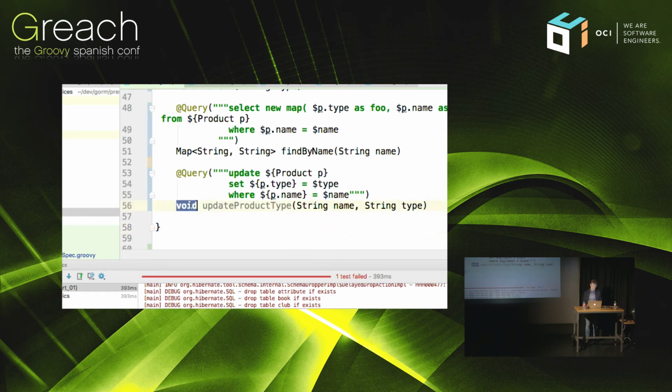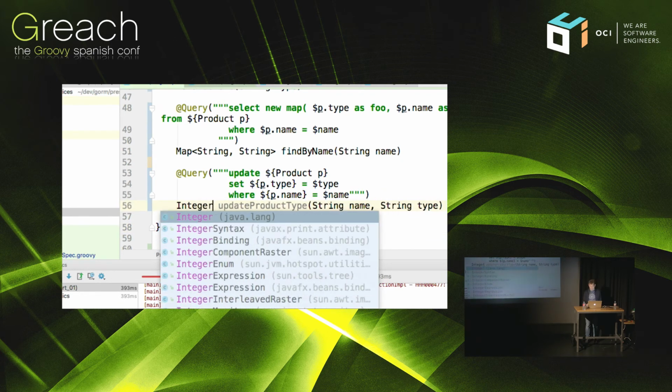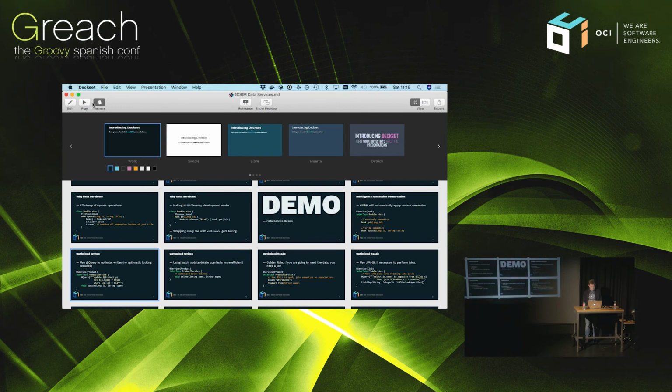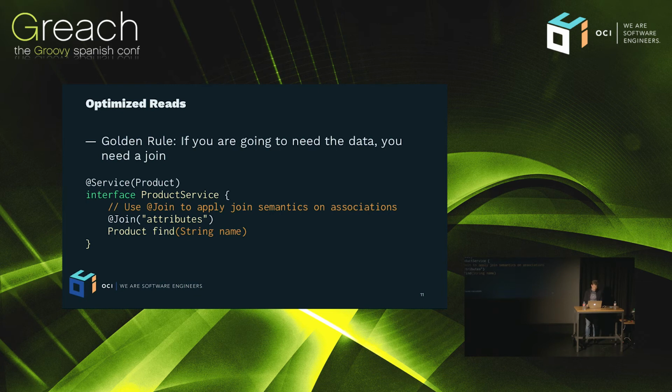If we want to know whether the actual thing worked, we can return an integer here, and it will return 0 if no update happened or nothing was changed, or the number of products that were updated, which may be all that you need to implement your use case. So yeah, optimized writes. I'm running out of time quite quickly. You can do batch deletes, and I talked about